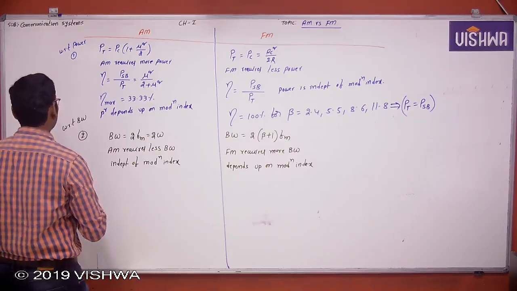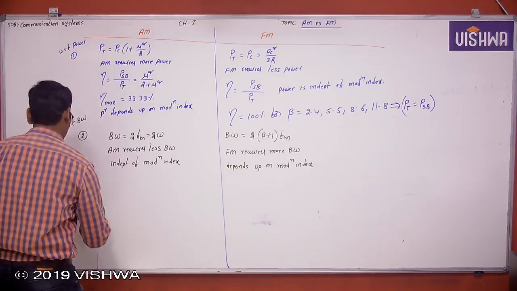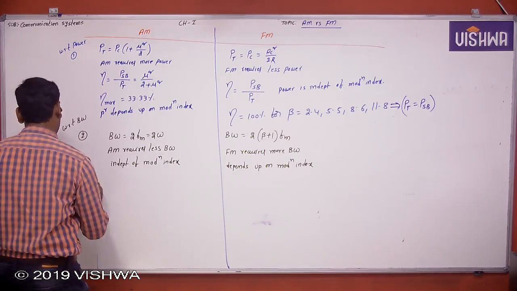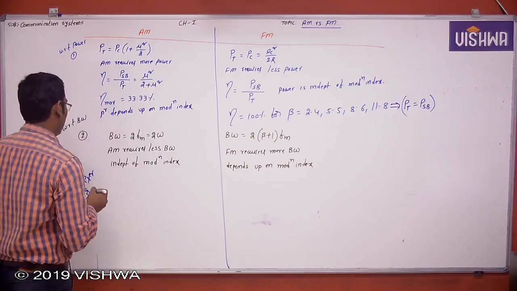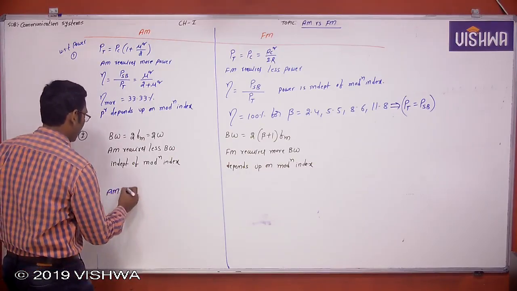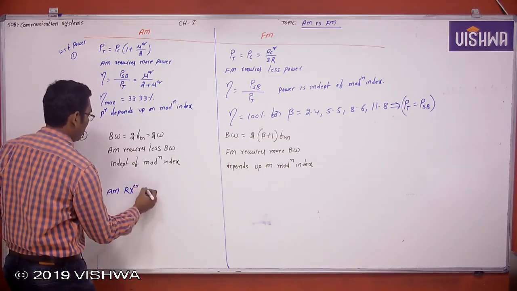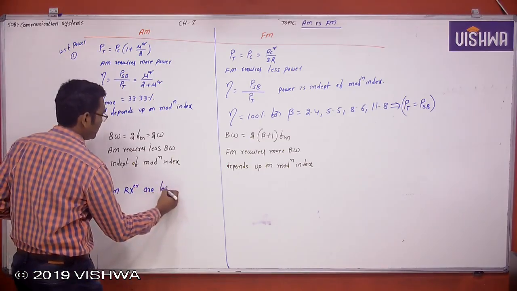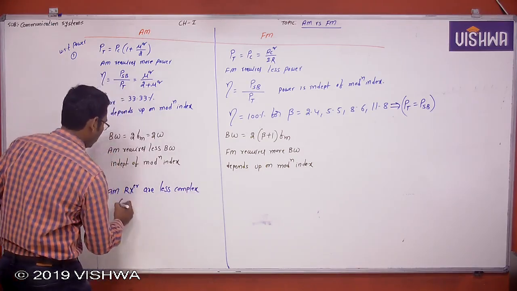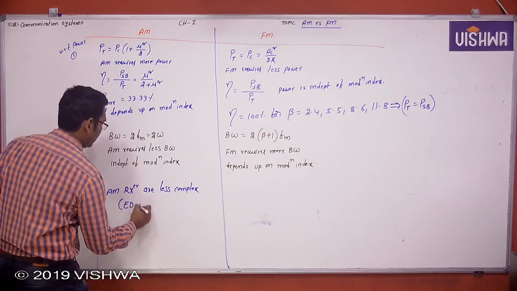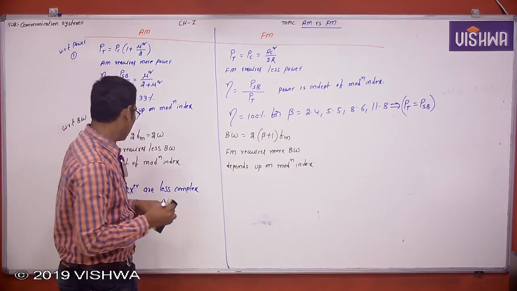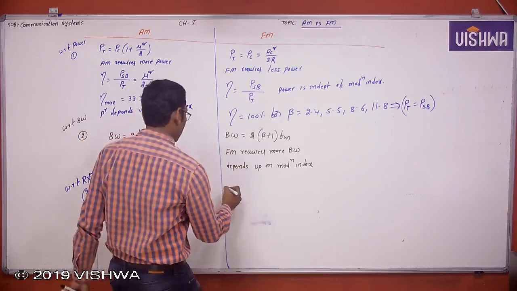Now with respect to receivers. AM receivers are less complex. Complexity is very low in AM because an envelope detector is used here. You know the envelope detector, a very simple circuit. And here, FM receivers,